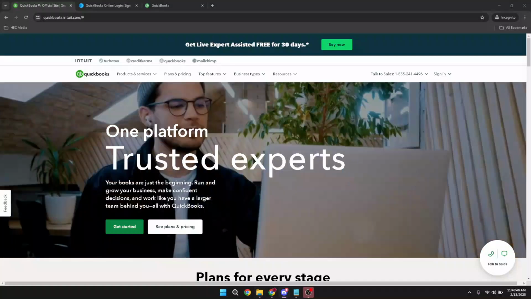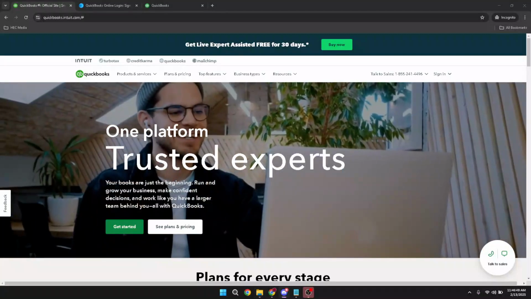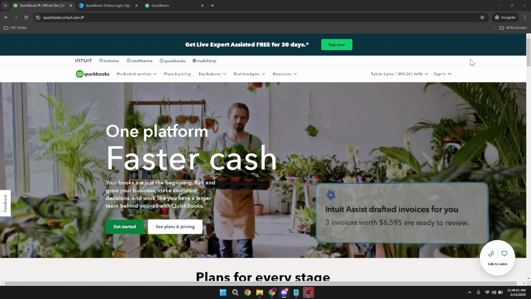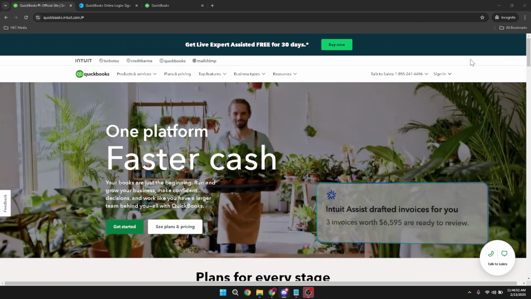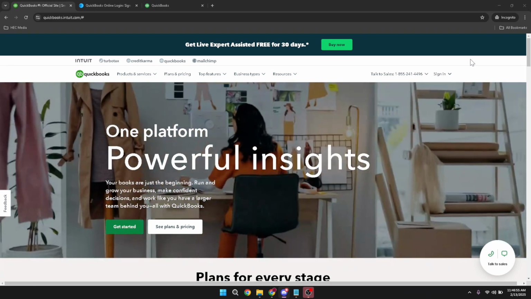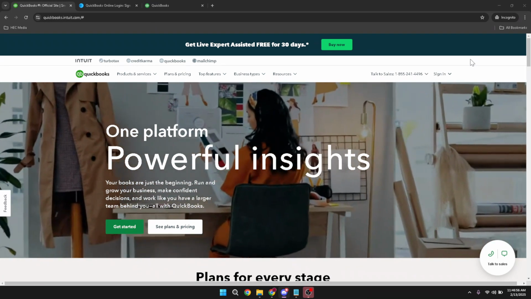In today's video, I'm going to teach you how to use a QuickBooks Petty Cash account in QuickBooks. Managing petty cash is crucial for handling minor business transactions efficiently, and QuickBooks makes this process straightforward. Let's dive in and walk through setting up a petty cash account in QuickBooks step by step.